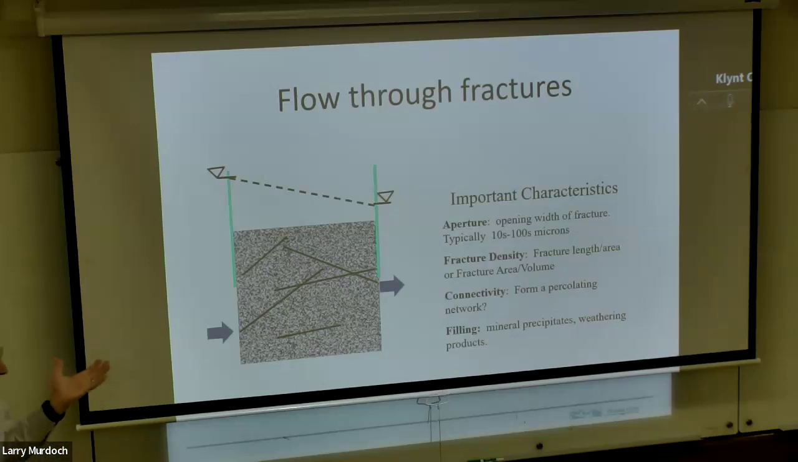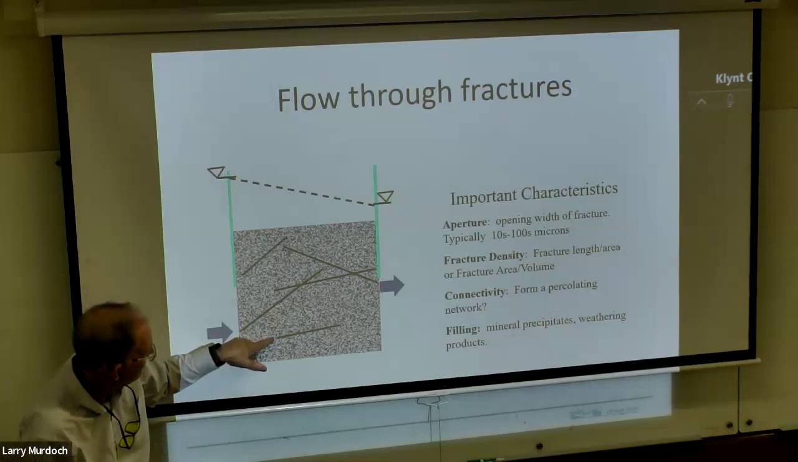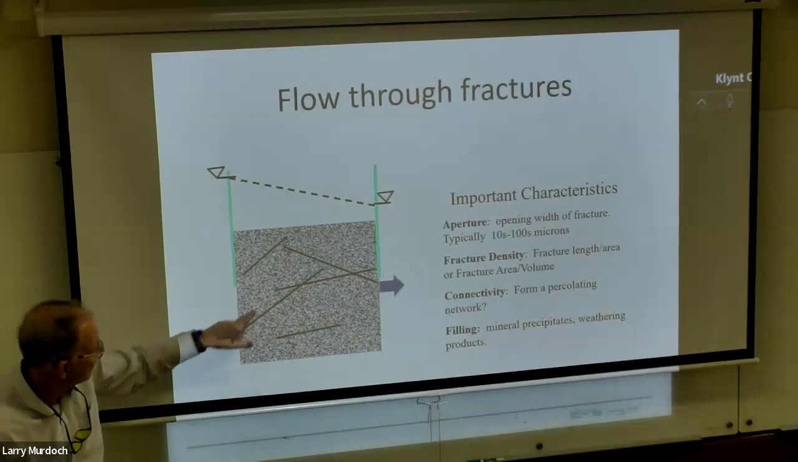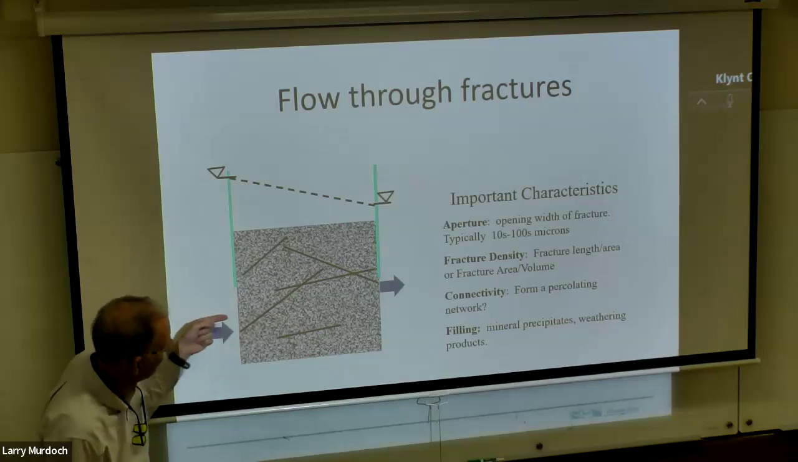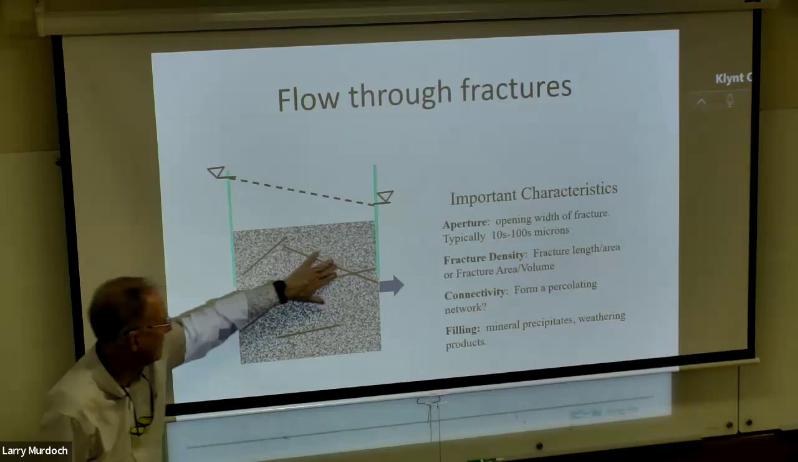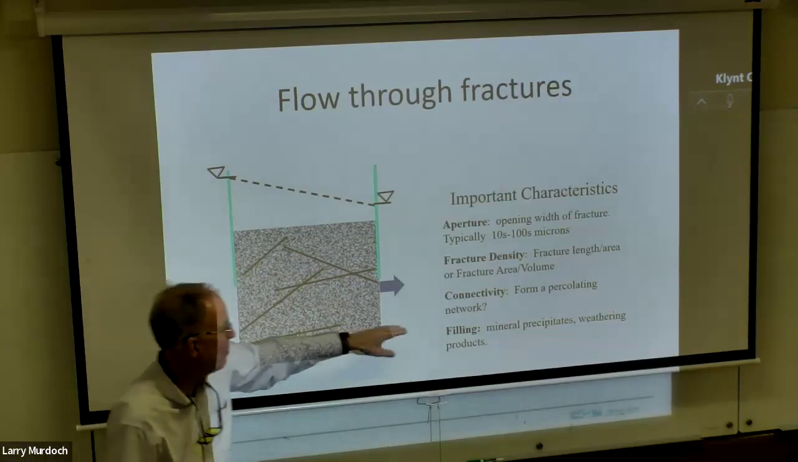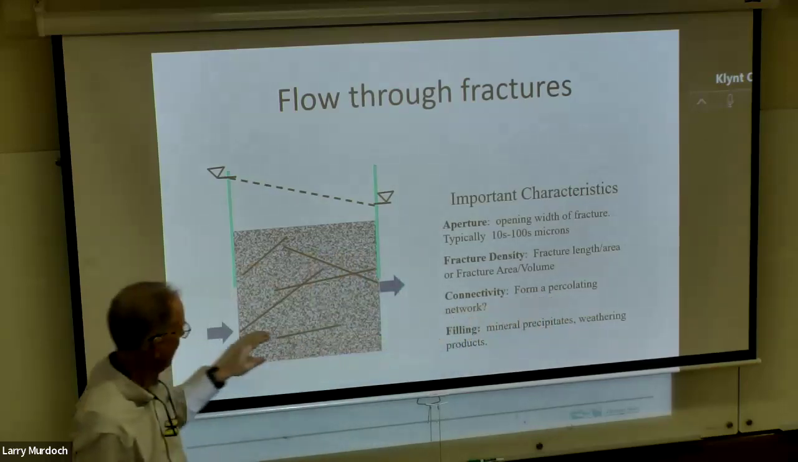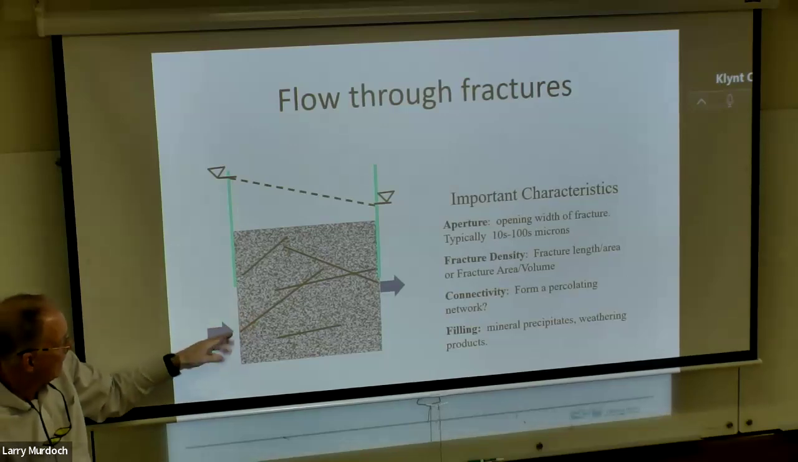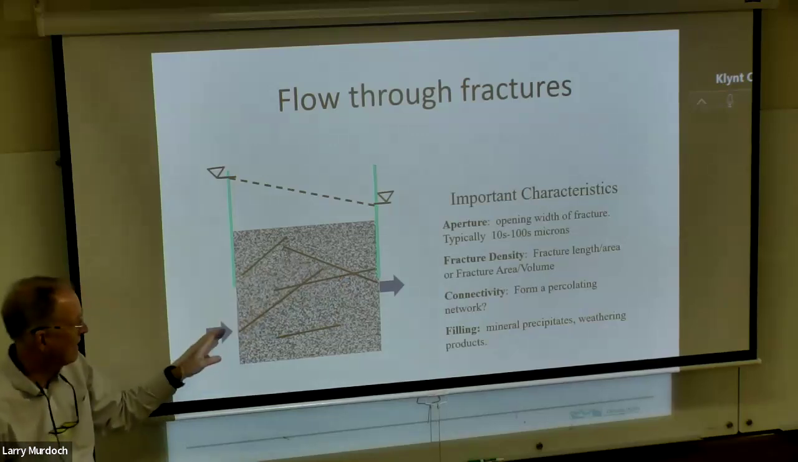They're not connected. They don't really contribute to the flow system. So here's an example of a fracture that's not connected. And these are connected. So if we're interested in flow from here to here, then this is connected fractures. And the term that's used is a percolating network. So this is a fracture network, interconnected network, and it's interconnected in a way that water could flow or percolate